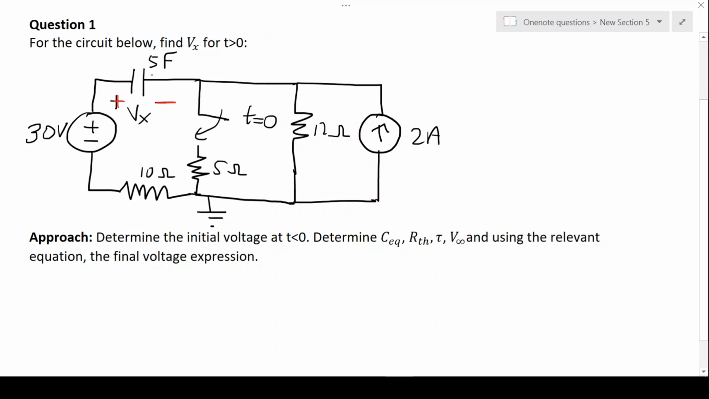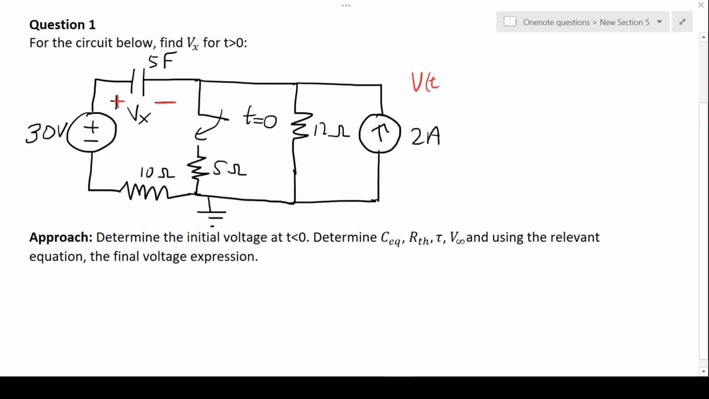So the question we're going to be looking at reads as follows. For the circuit below, determine Vx for t greater than 0. As we can see, Vx is the voltage over the capacitor, which is a voltage response, which is expected. We can also see that when t is equal to 0, the current source as well as the voltage source is still connected to the capacitor, so this will be a step response of an RC circuit, and given that